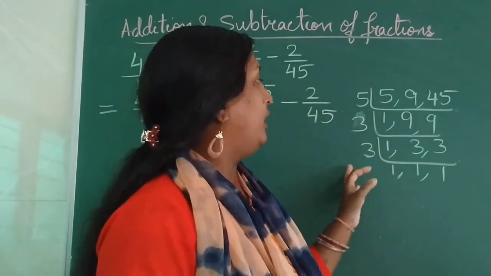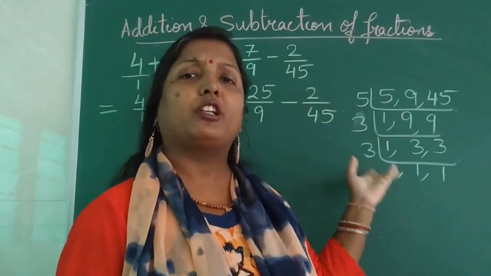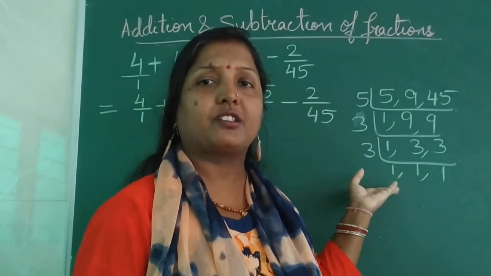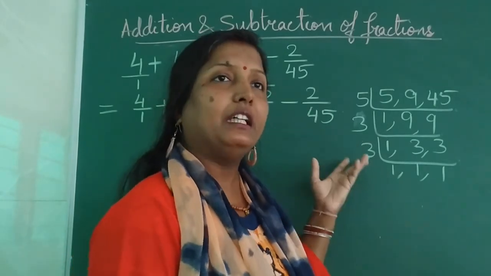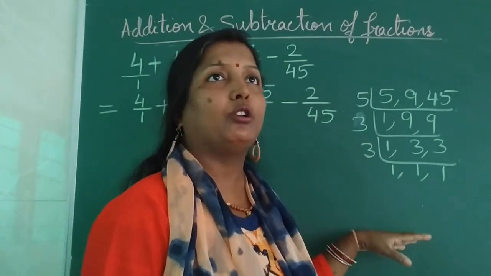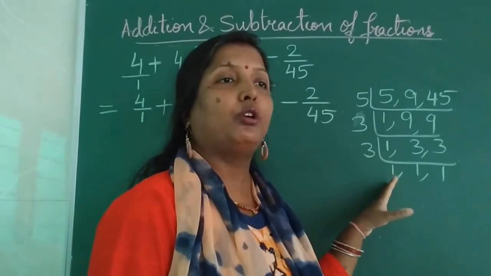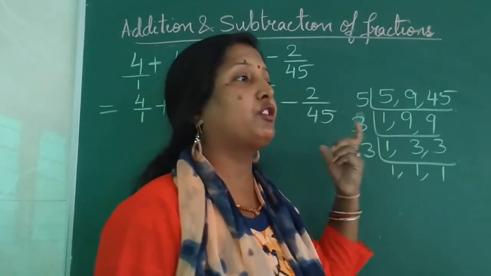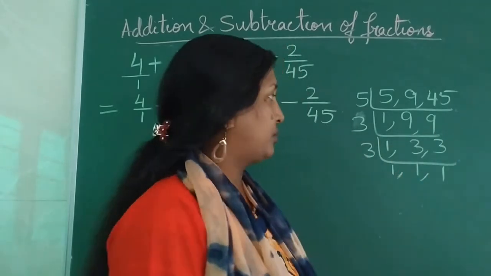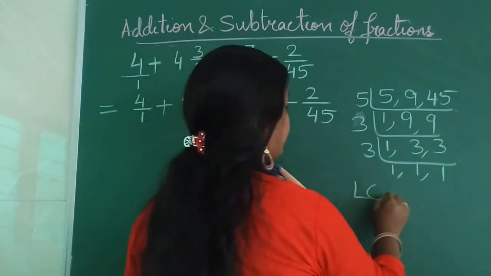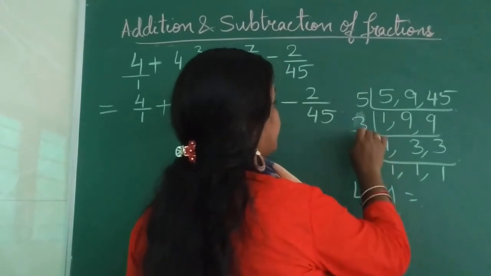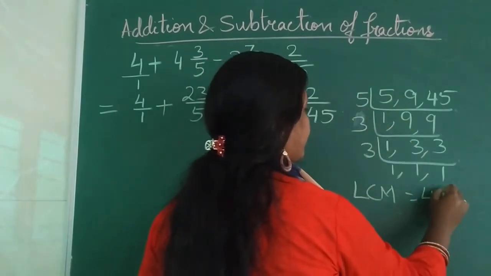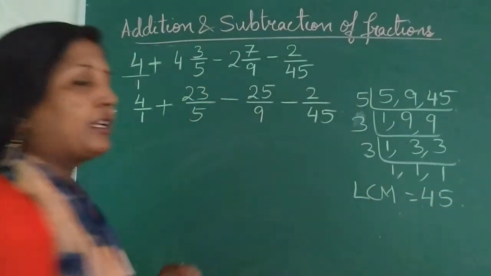Now if you see, you would say, ma'am, even with 9 we would have got the same number. Yes dear, we would have got. Here when we come to LCM, you can also remember, if you do not do prime numbers in the common division method, it's okay, you need a number which will divide all the numbers. So here what is the LCM? 3 3s are 9, 5 9s are 45. You got the LCM as 45?